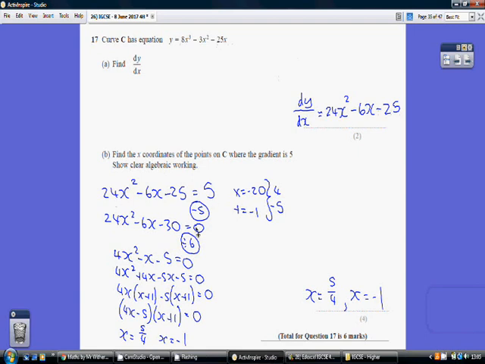So set it equal to 0 by taking away 5 from both sides. I've just tidied it up a bit by spotting that 6 is a common factor, so I've divided through by 6. And then this is a quadratic equation that I need to solve. You could use the formula at this point, that would be absolutely fine, but I've chosen to factorize it, so I'm looking for 2 magic numbers. They multiply to make minus 20, the 4 times the minus 5, and add to make the minus 1,